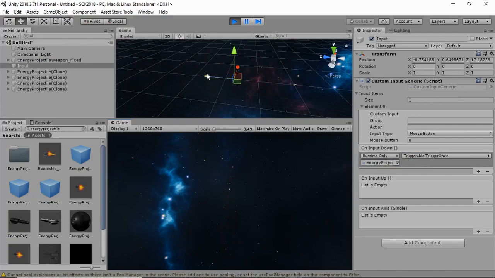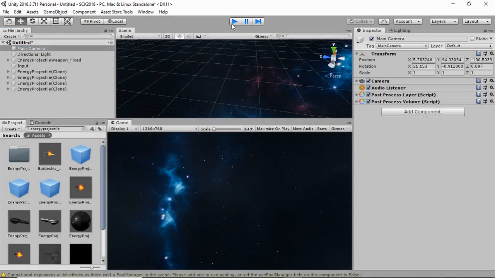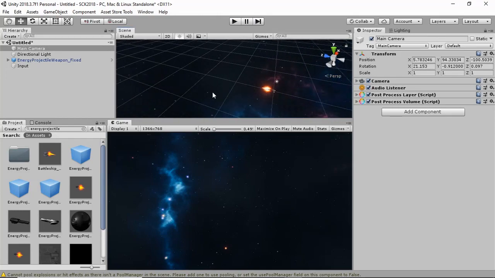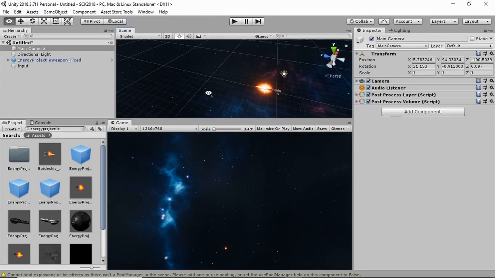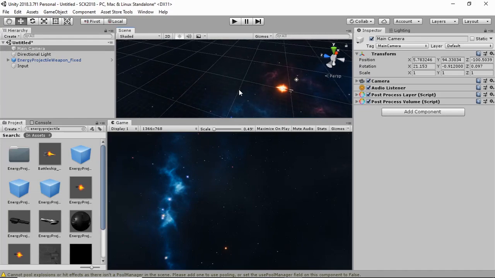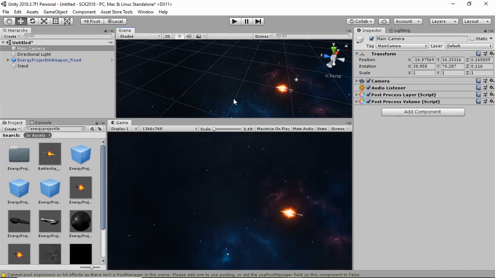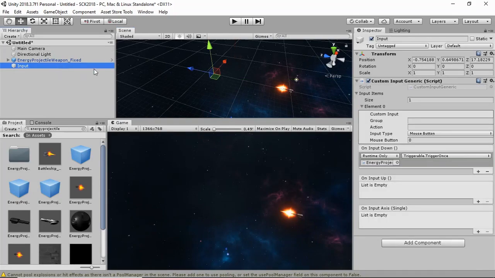Which is what we've got here. We'll just move the camera in a little bit to see it better. Maybe over here. Control Shift F, line up the camera, and alright, so we've got a gun and it's firing